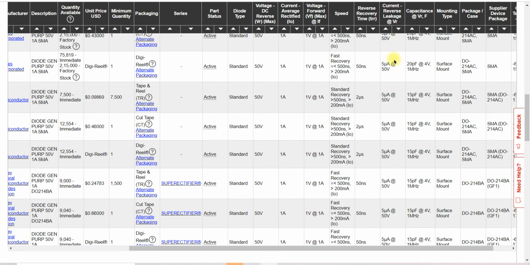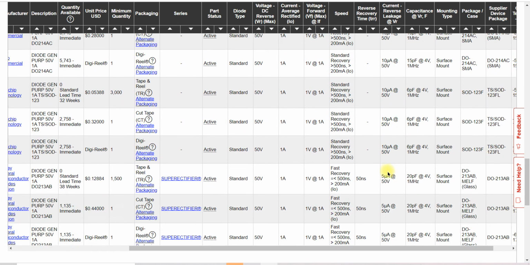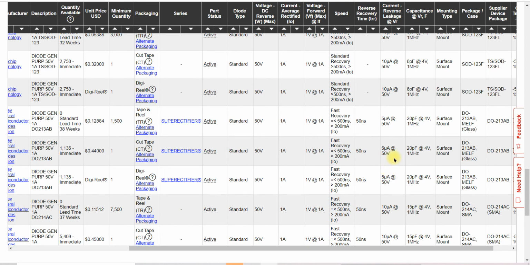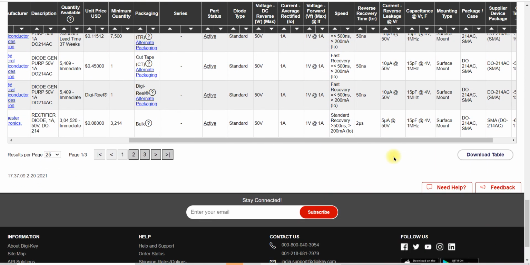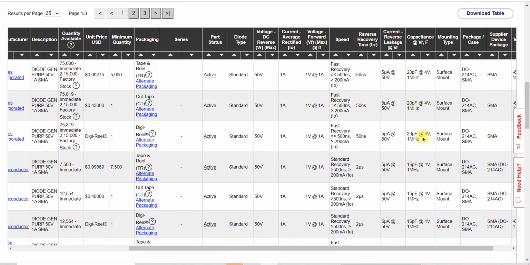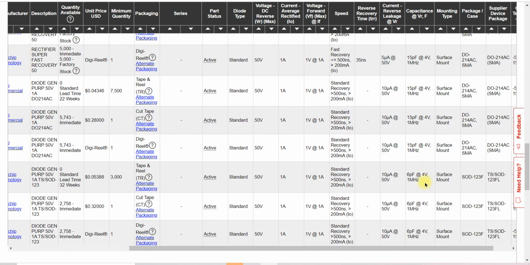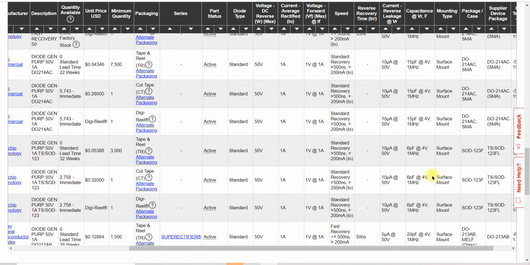And now leakage current is very low. You can see here 5 microampere. For battery backup you should select nanoampere or picoampere, otherwise there will be more loss of the battery, a waste of the battery charge. So capacitance, it was selected automatically, we did not select it. It is good, it is 15 pF. It is a good selection for 1 megahertz. It is showing that it will provide 115 pF at 1 megahertz and 4 volt. It is showing 6 pF also.